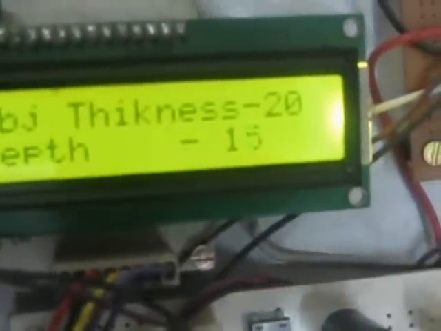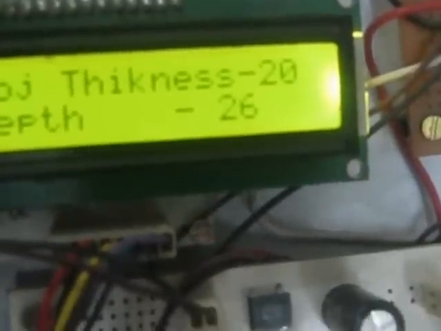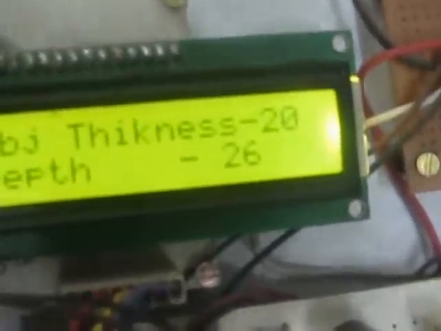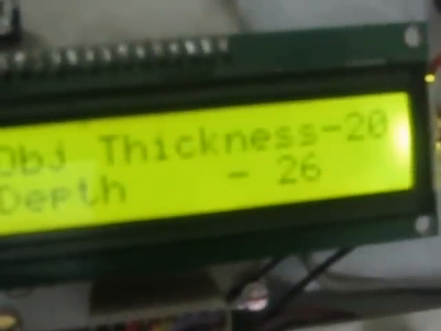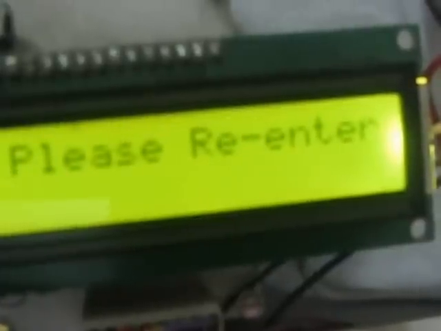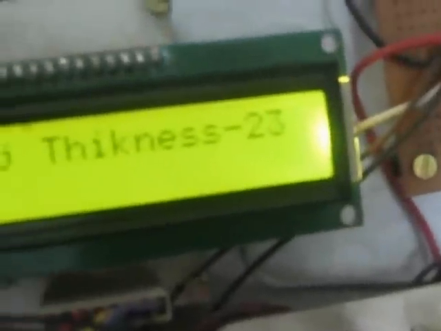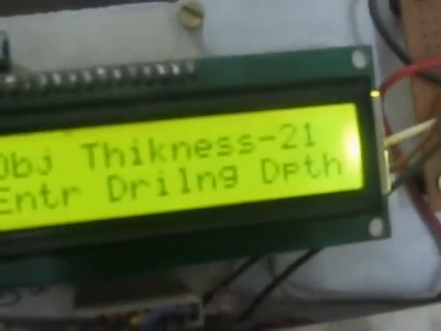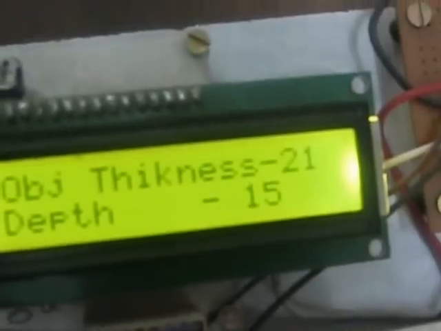Suppose it is 15 mm or so. So first you have to enter the object thickness, and next you have to enter the depth.